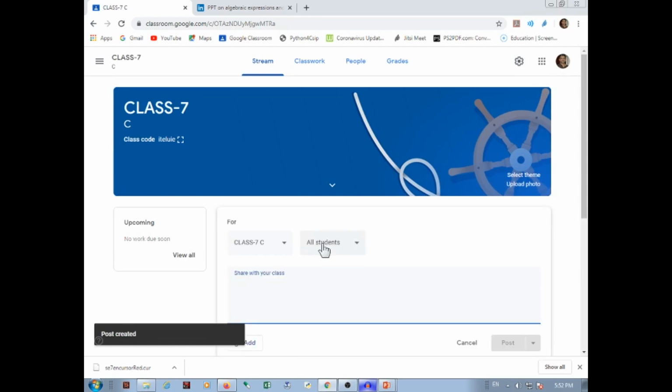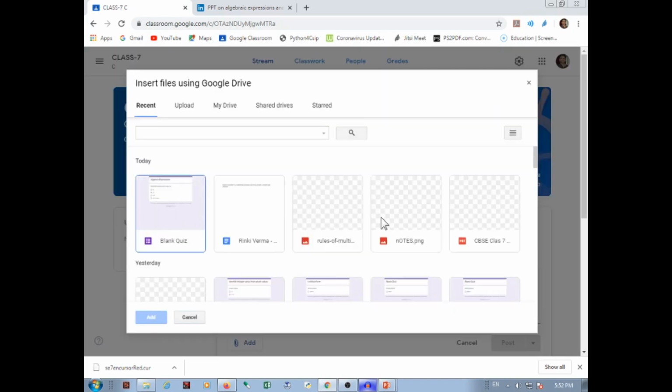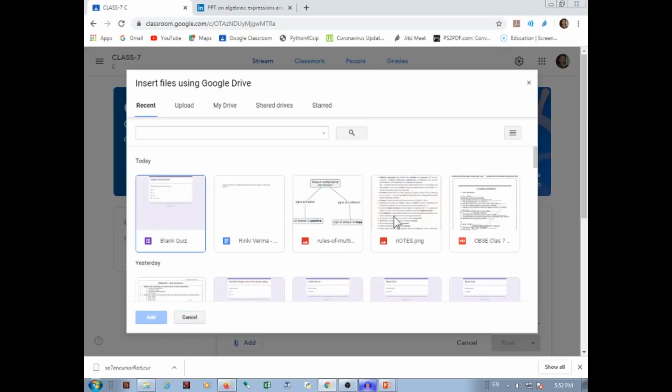Okay, now we come to the same thing, and you see again we will click on this add button. Here we'll try to share something from our Google Drive. For example, I click on the Google Drive, I would find something. So these things you have to first prepare and keep ready.